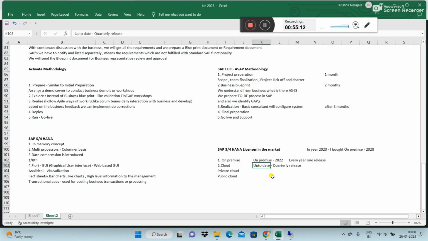When you're buying on-premise, whatever functionality you have, that functionality only you have. If you want more, again you have to update your system, right? For that, you need to contact SAP and you have to pay money again, right? Yes, sir. But the cloud is up to date. You no need to worry. Every time your system is updated. Now, the main thing is in on-premise,